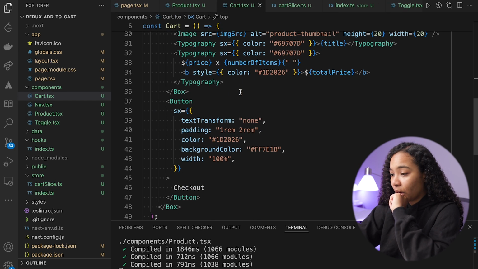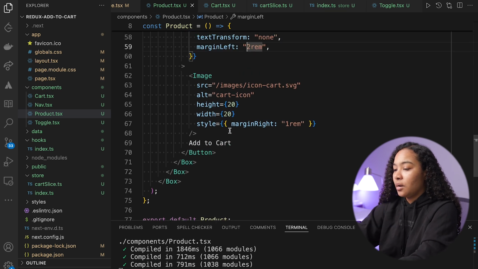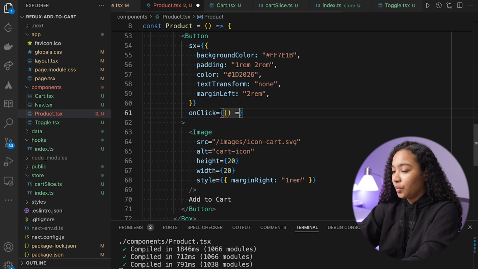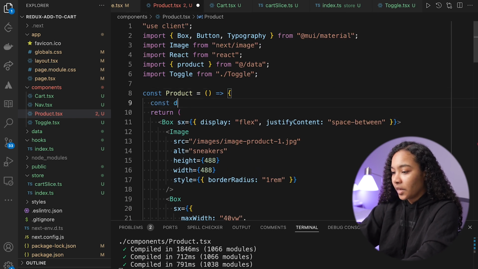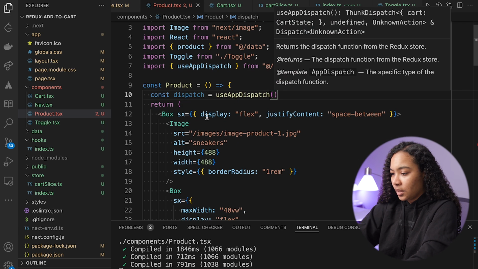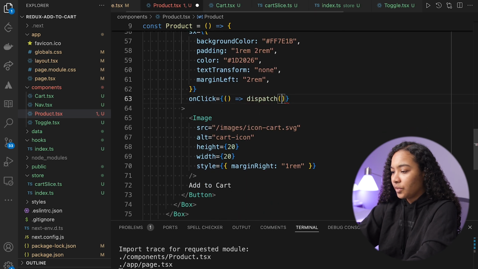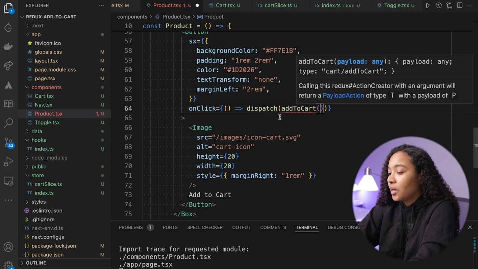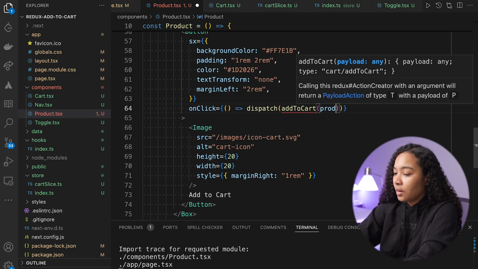All right, so now for the product, the add to cart button. For this button, now we want to add an on click that does the same thing. I'm going to have to import our dispatch again because this is a different component. So const dispatch equals useAppDispatch. And then on click, we want it to dispatch addToCart, and it's going to add to cart the product. So we'll say product,